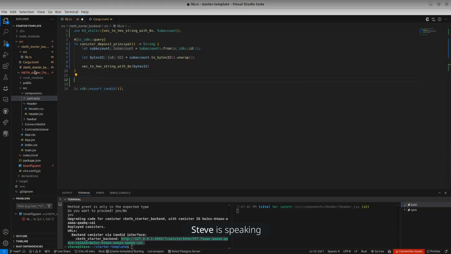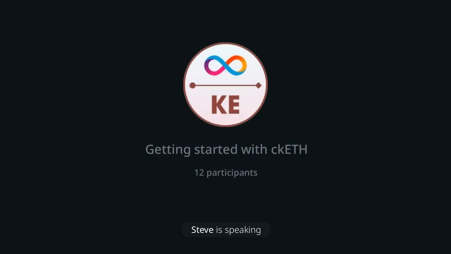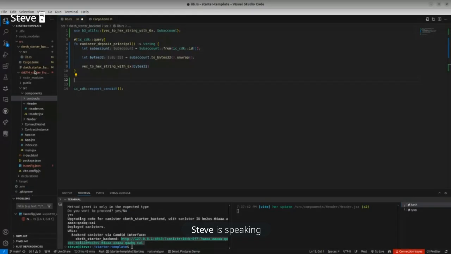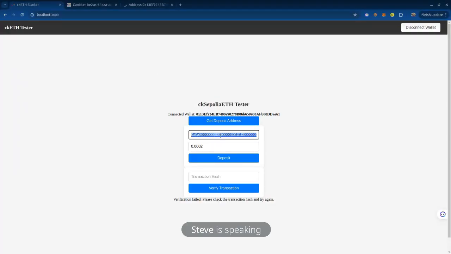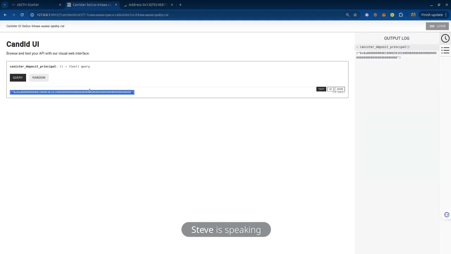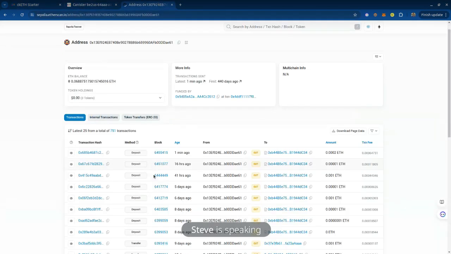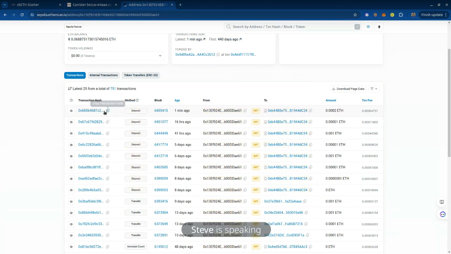After minting the ckETH, it's very crucial to verify the transaction on chain, and it involves checking a number of details: the transaction status from the transaction log, the to address, which must match the particular minter address, and also checking whether the logs include this particular deposit principal that we were able to generate. So if I come over here, just to renew, we can see the transaction has happened,